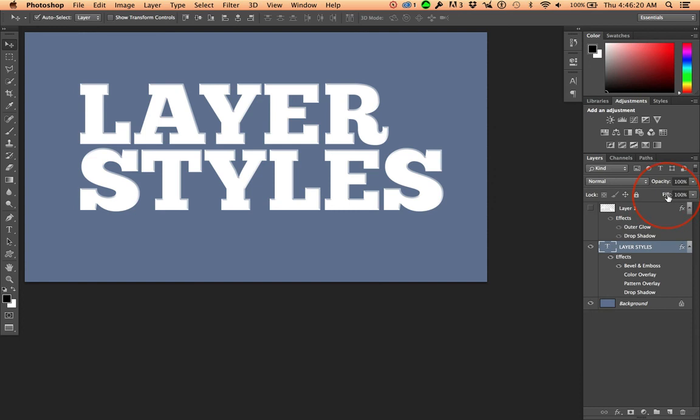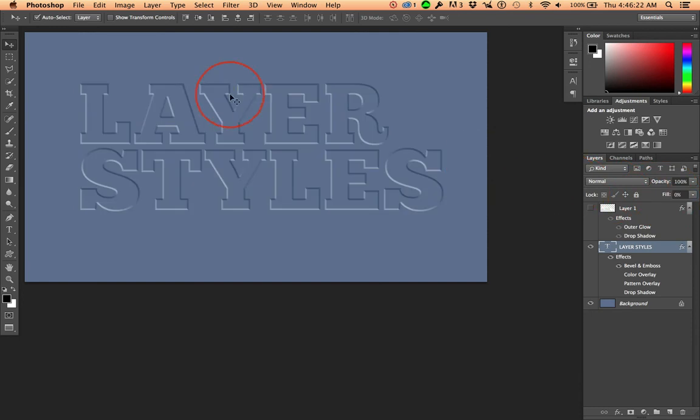Click OK, take that fill off, and now we've got our colors working, and we need to adjust this because this isn't really as exceptional as I'd like. But there you go. There's an example of taking the fill away so that you can see all this,